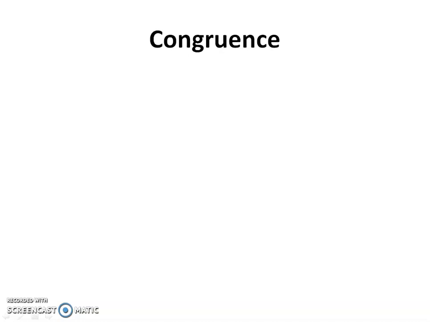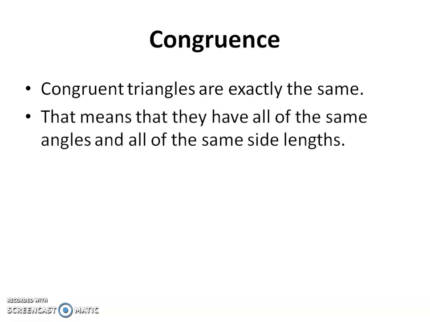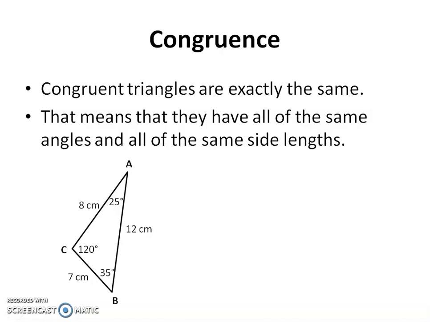This is a video lesson on congruence and specifically on congruent triangles. Congruent triangles are exactly the same, and congruence in general means exactly the same. What that means for triangles is that they have all of the same angles and all of the same side lengths. So these two triangles, triangle ABC and triangle DEF,